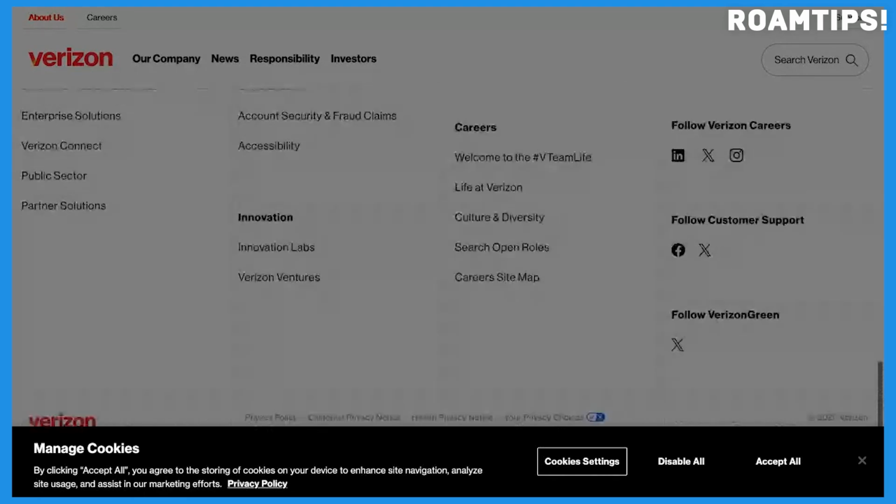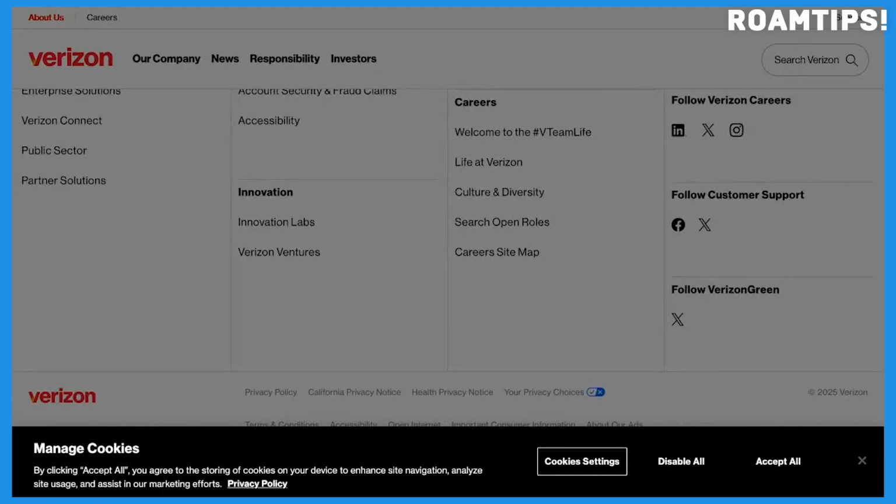It's a platform where prospective and current customers can research plans, compare options, and manage their accounts, all within a user-friendly interface. While navigating such a vast array of options can sometimes feel overwhelming, the site generally does a good job of presenting the information in a clear and organized manner, making it a valuable tool for anyone considering Verizon as their